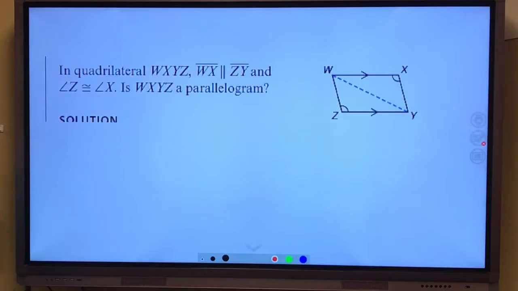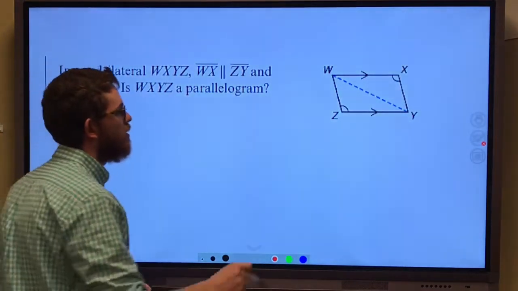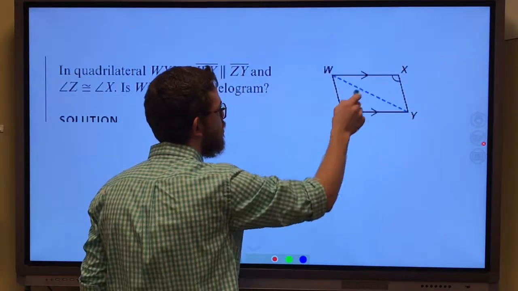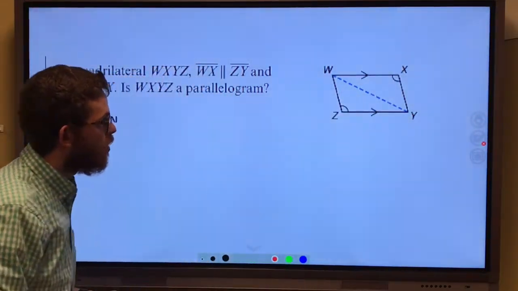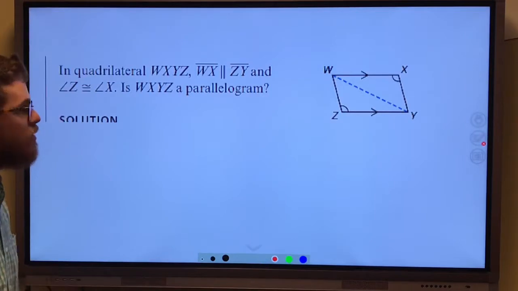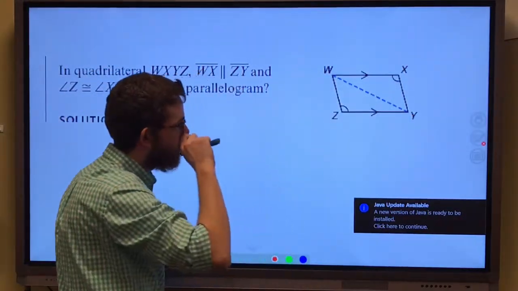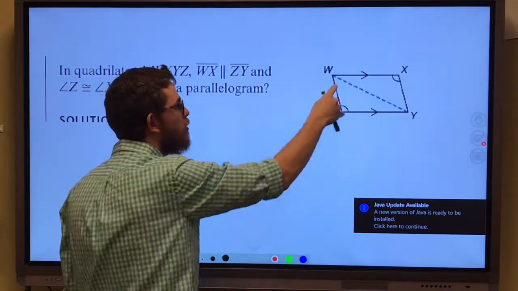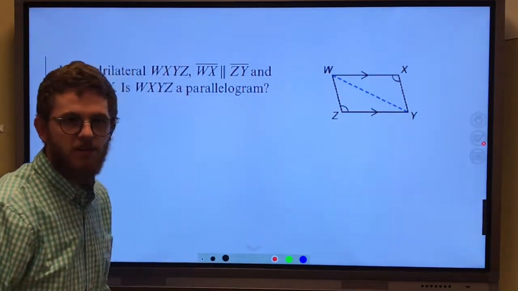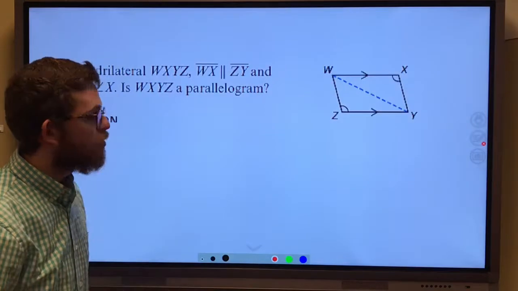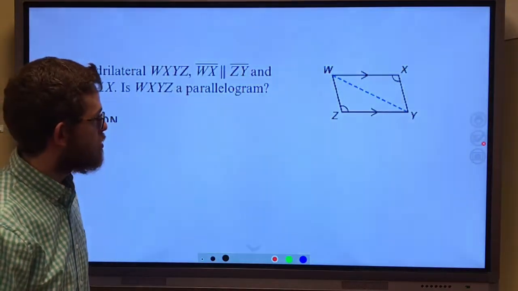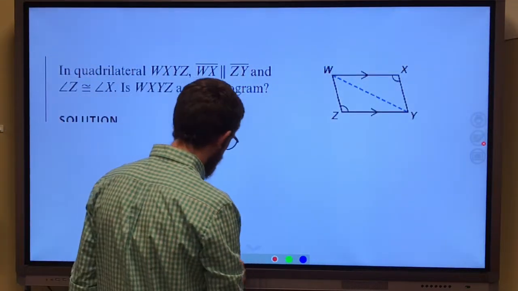So, looking at this real quick, we are told that these sides are parallel. We're told these angles are congruent. We want to know, is this a parallelogram? Well, right now we only know about one pair of opposite angles. We only know that one pair of sides is parallel, so just at first look, we don't have enough information. But if we go a little bit further,